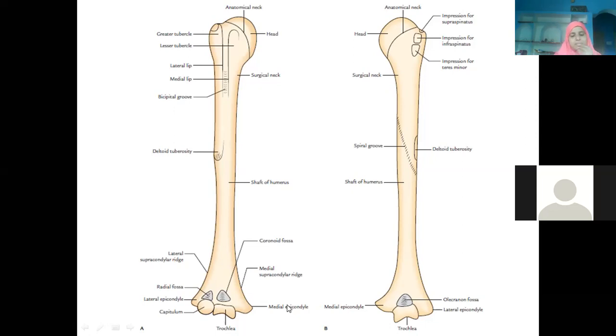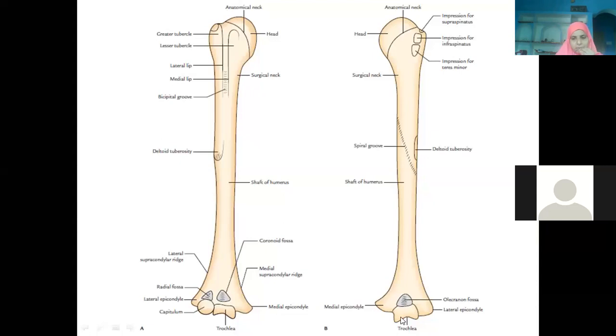Whenever the elbow is completely flexed, the coronoid process comes and rests here, and the head of the radius comes and rests here. That is the purpose of these fossae. This we will elaborate when we do the elbow joint in detail. For now, remember the trochlea is for the ulna, because the medial bone is the ulna and the lateral bone is the radius. So this is the coronoid fossa, where the coronoid process of the ulna comes and rests, and the head of the radius will come and rest in the radial fossa in complete flexion of the elbow joint.